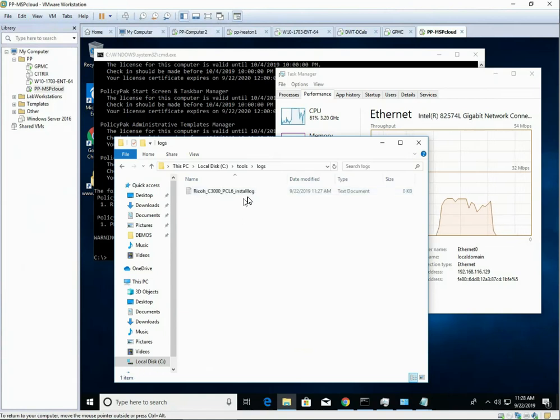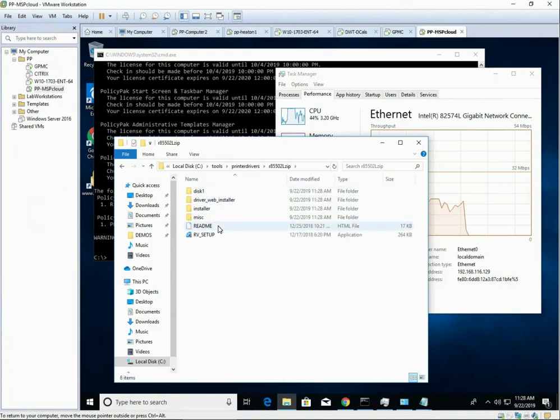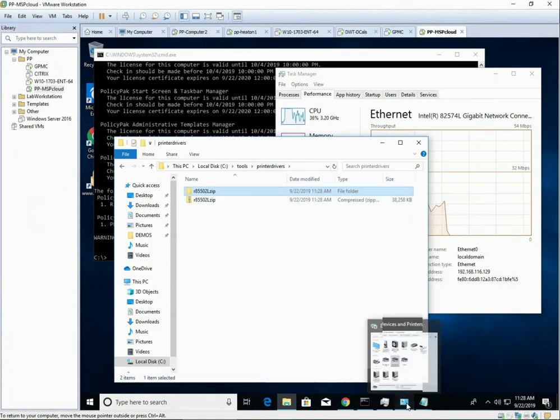Here's our logs folder. Here's our log. Come back over here, printer drivers, and it downloaded the printer drivers. See 1128. That's right now. And then it extracted it, and it put all the files in here. Okay, so it downloaded the zip file, extracted the folder, and then if we come over to our printers,